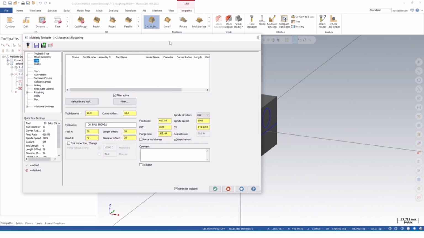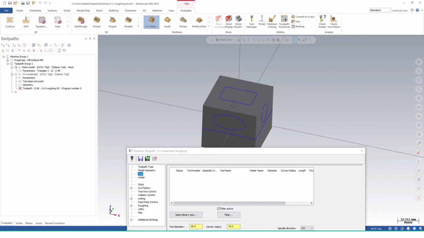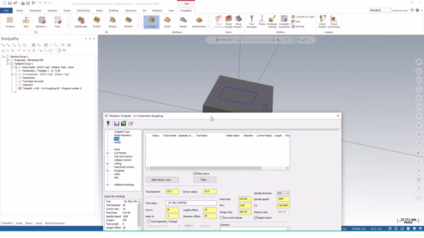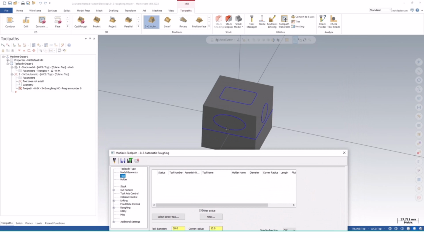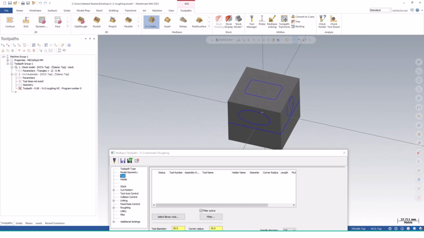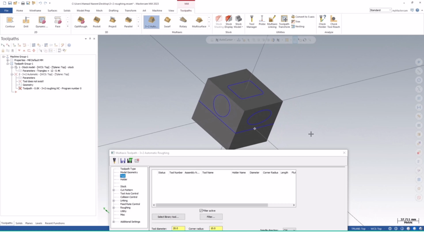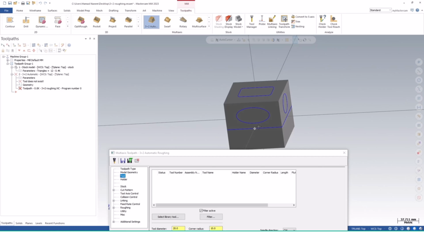Everything that you see over here, we just need a single tool to perform all these operations. It doesn't need any bull nose or any complex type tools. I start from a single tool and simple geometries, so that you can easily understand what we're going to perform in